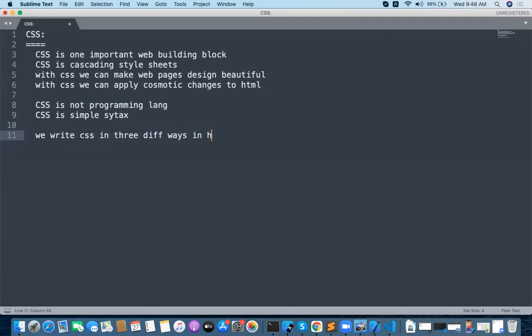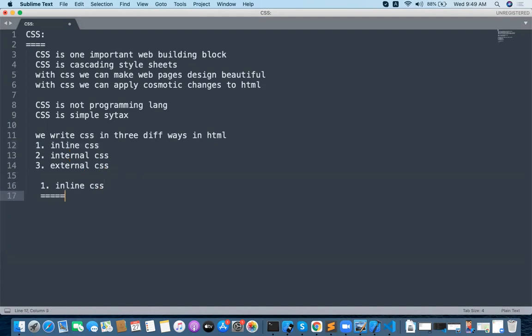The first one is inline CSS, the second one is internal CSS, and the third one is external CSS. Let me tell you one by one. What is inline CSS? What is internal CSS? And what is external CSS?